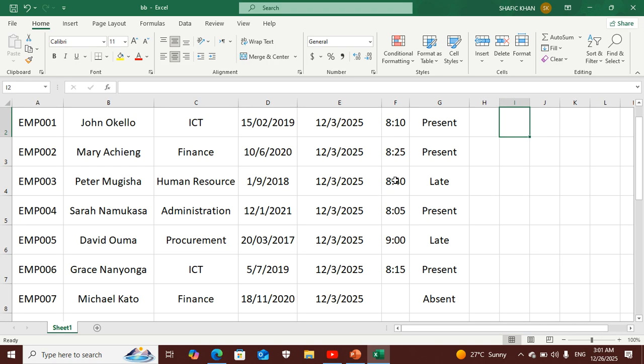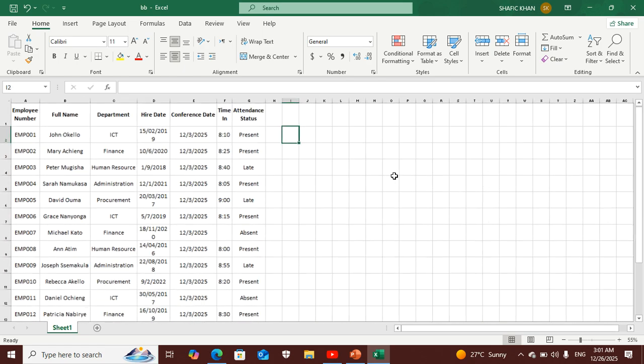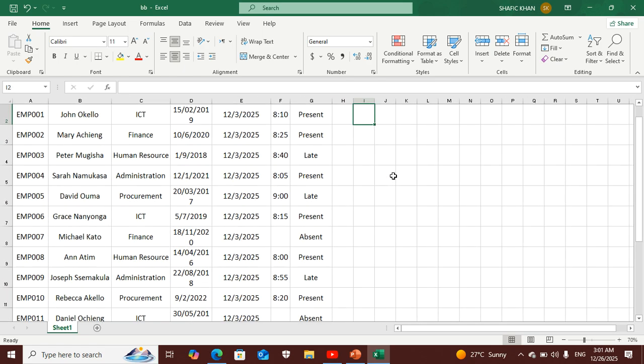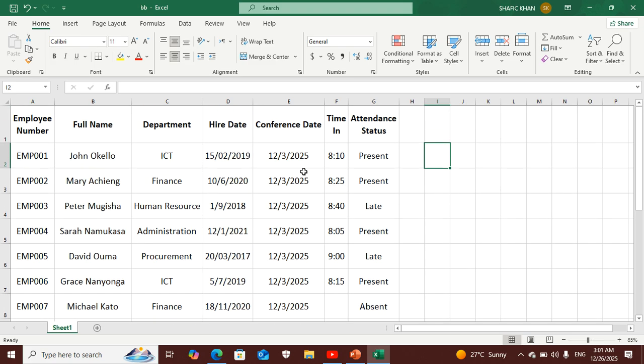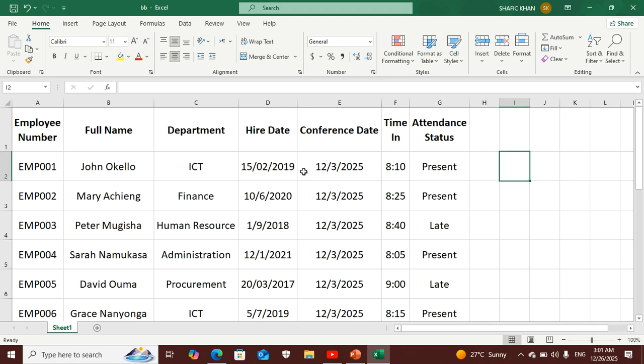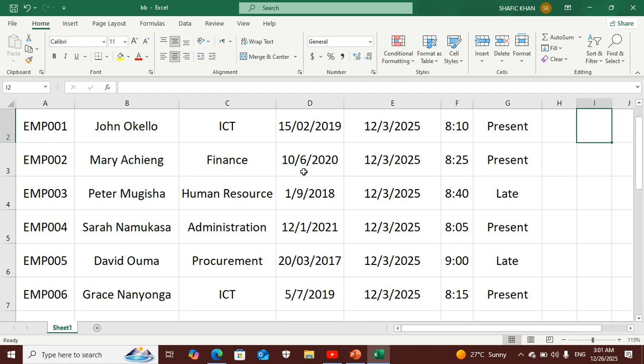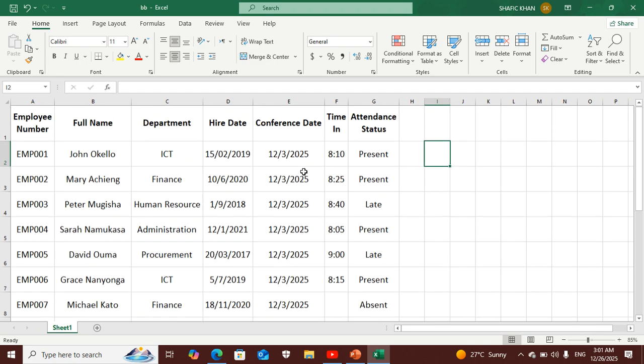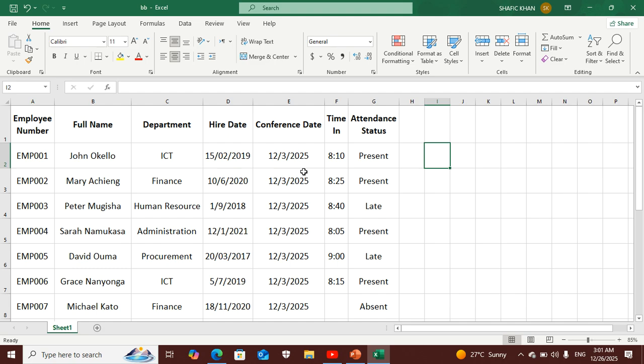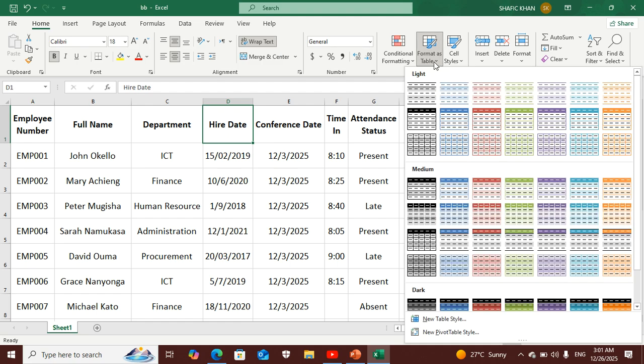When you look at this, we happen to have the employee name, the number, the department, the hire date, the conference date, the time, and then the attendance. So what we are going to do in the first place is create a table for data validation, in case we may have missing